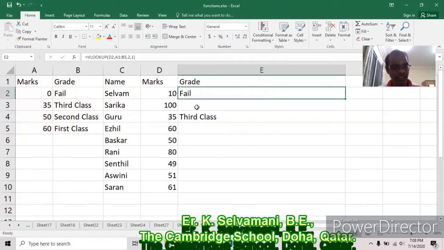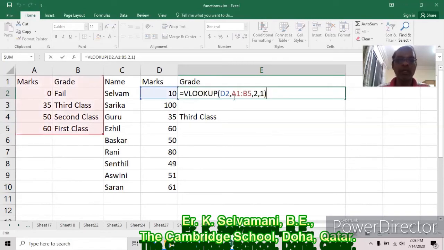Why does it give a correct value? I will check it, helping you. So D2 is the lookup value. Here 10 is there. A1 colon B5 is the table. 2 is the second column. 1 is the approximate value. That means we look up the value 10 in the leftmost column.